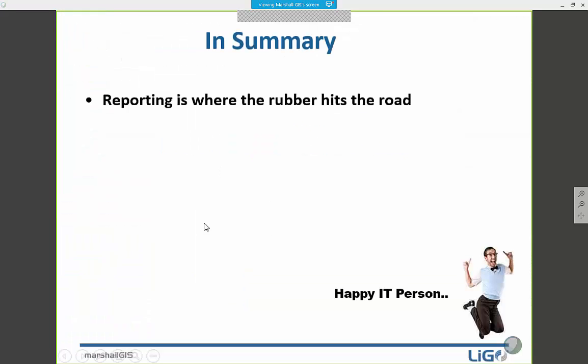just summarize. Reporting is a key thing, and it really is the key thing with LiGO, in that you can benefit from these reports, and there's a lot of flexibility in how you generate and define the reports. Getting the right report to the right person is key. We can set those tags up so that reports are sent to specific supervisors or certain groups, rather than running it on all vehicles. There's real flexibility in defining who